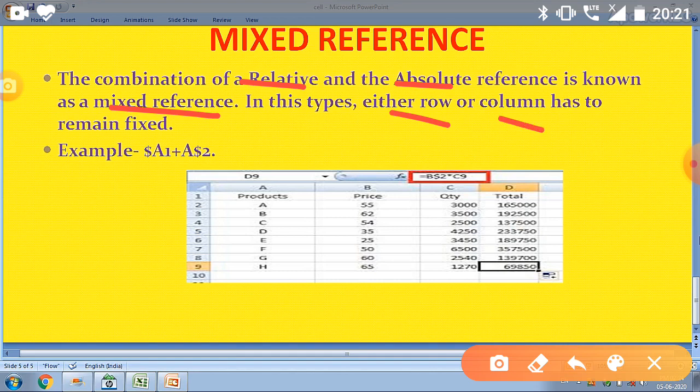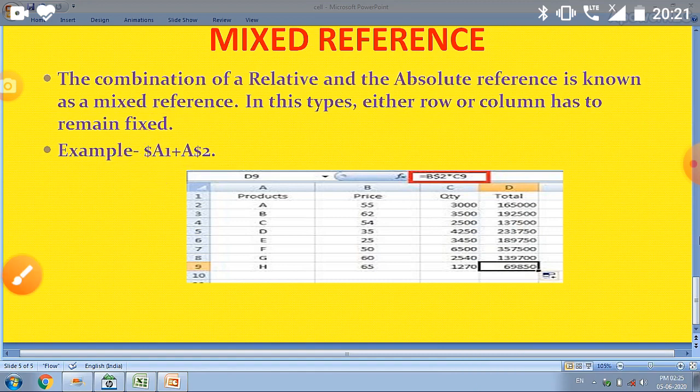You can see in this example, I only put the dollar sign on one part. In the previous topic I put the dollar sign because I only fixed A; I did not fix 1. And in this one you can see that I fixed only 2; I did not fix A. So it is a mixture of two references, relative reference and absolute reference.